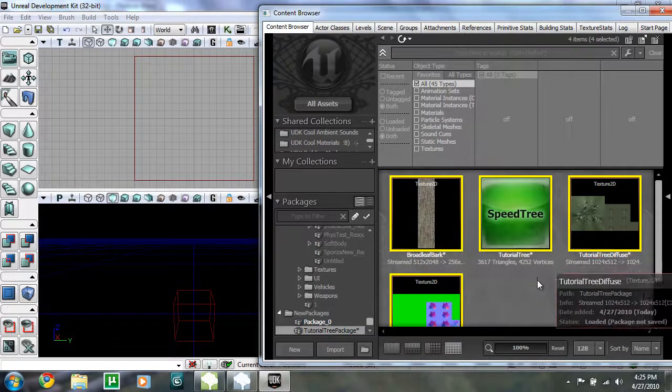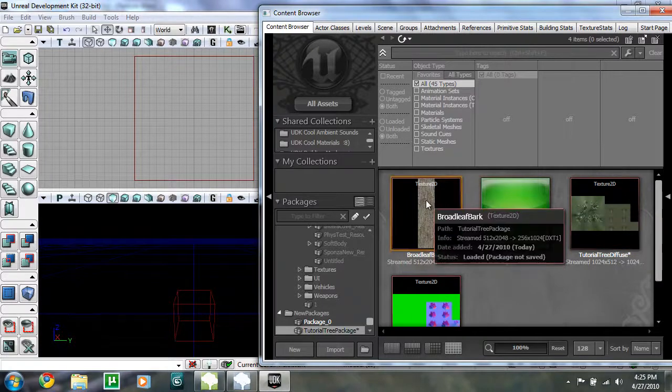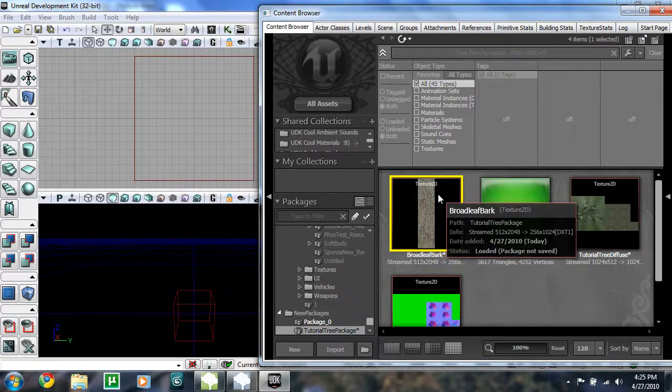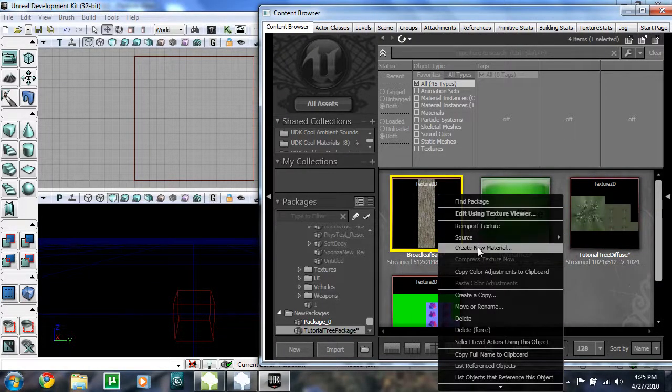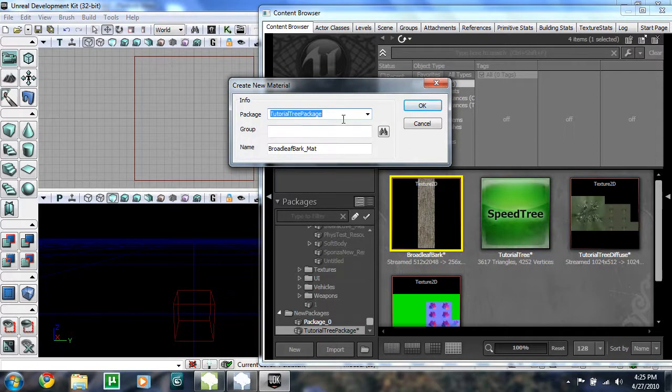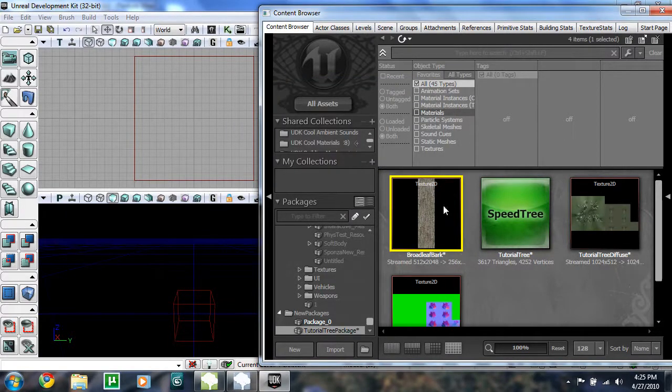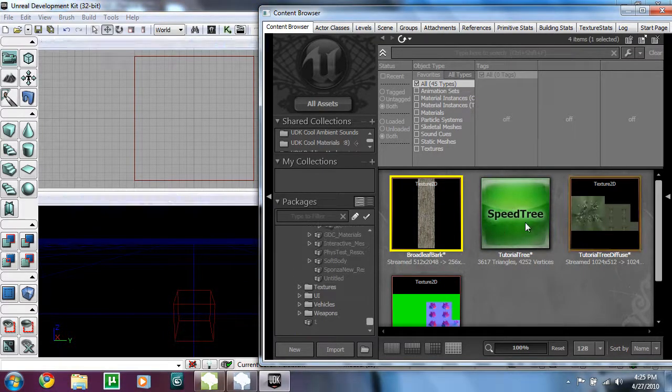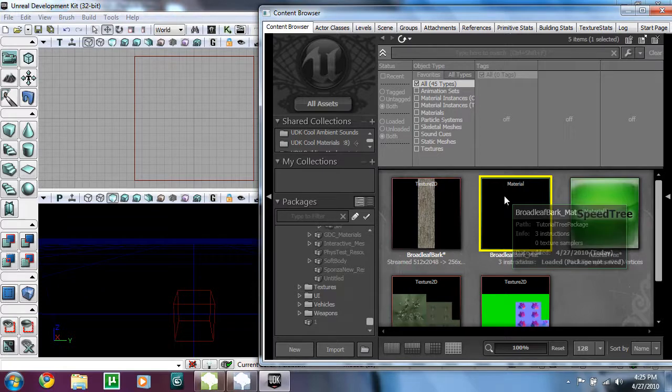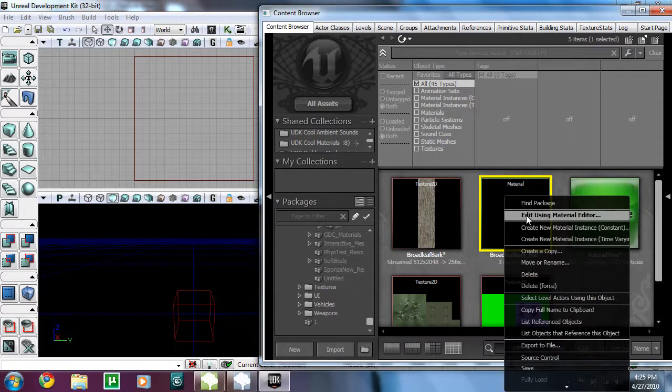And sorry, now that you have this, you're going to select your broadleaf bark texture, right click on it and hit create new material, and click OK. You can rename it if you like to. I'm just going to keep it at this for now. And open up this material next. Click edit, or just right click, you hit edit using material editor,